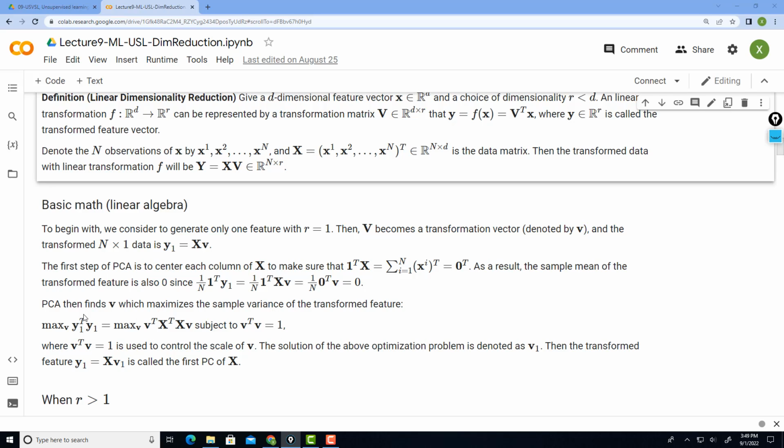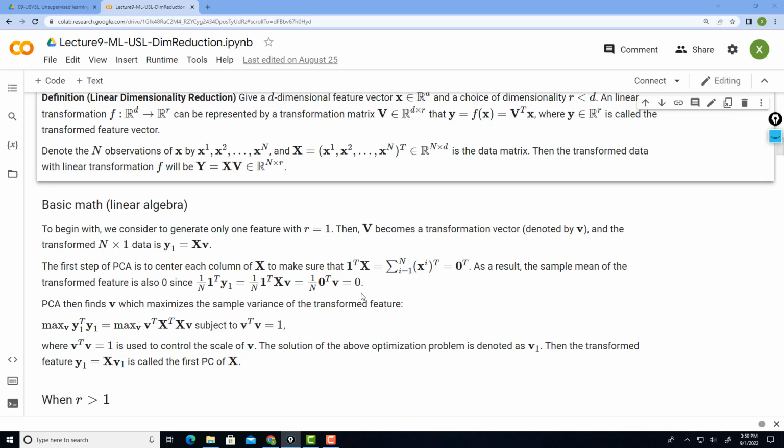That's the optimization formulation to derive the first principal component. Depending on the implementation of principal component analysis, very often you first center or normalize the originally observed features by making sure all the features are centered around 0. If you follow this implementation, then we have this corresponding objective formulation to solve.